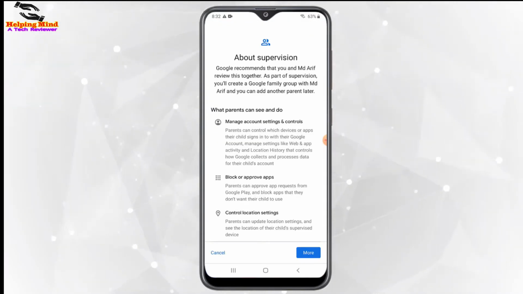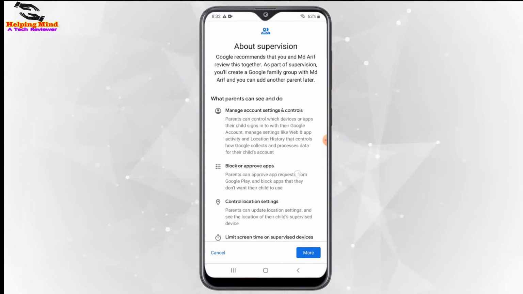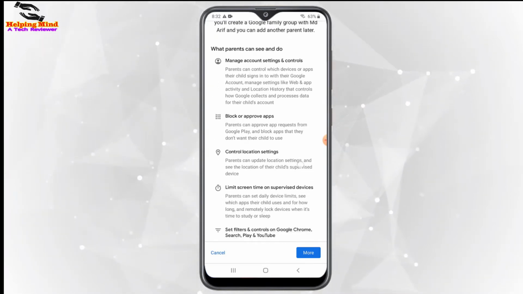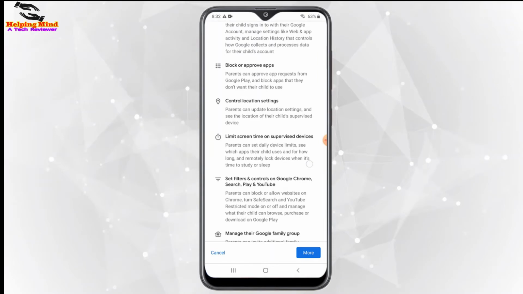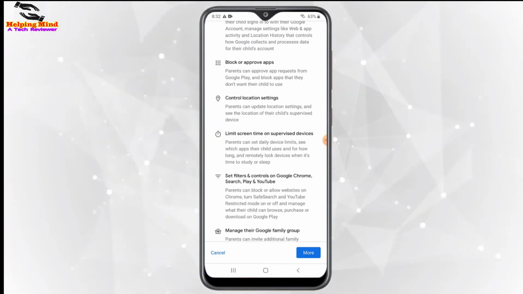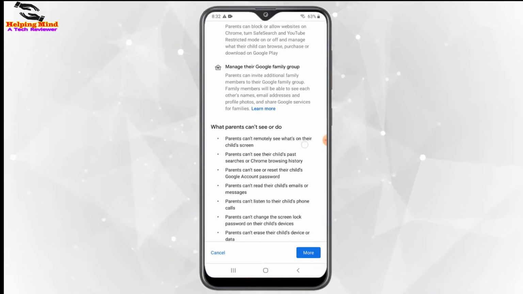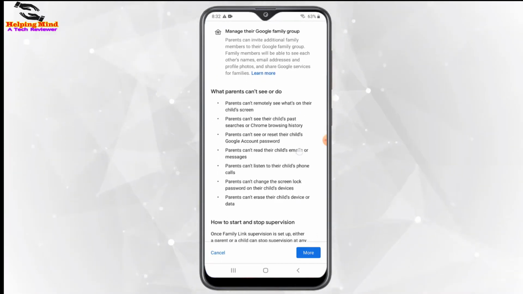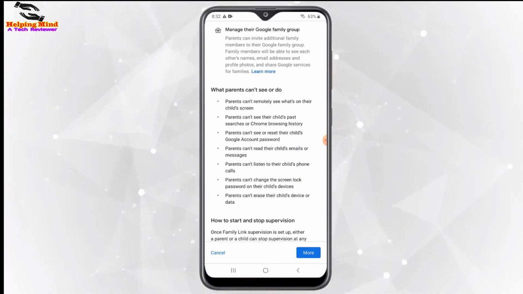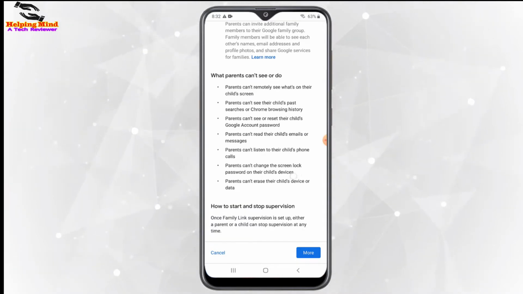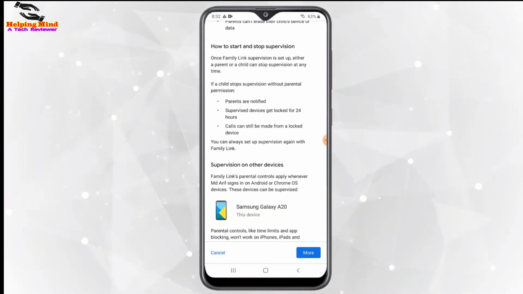Checking account. Here is information about supervision, and you can read all about supervision. You can see manage account settings and controls, limit screen time on supervised devices, what parents cannot see or do, how to start and stop supervision, and many more options.